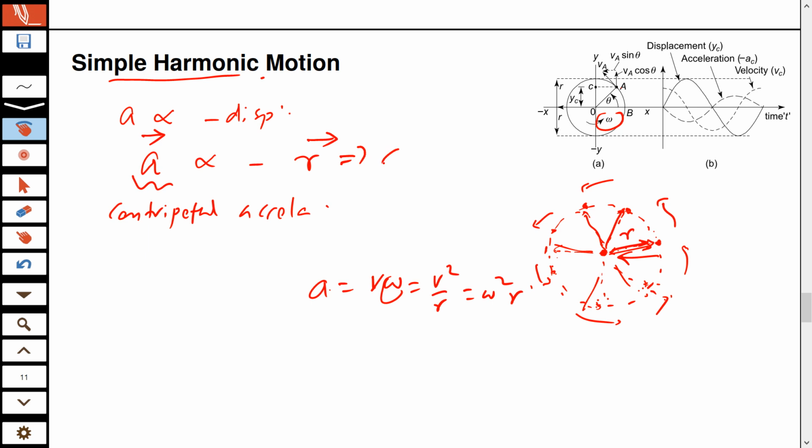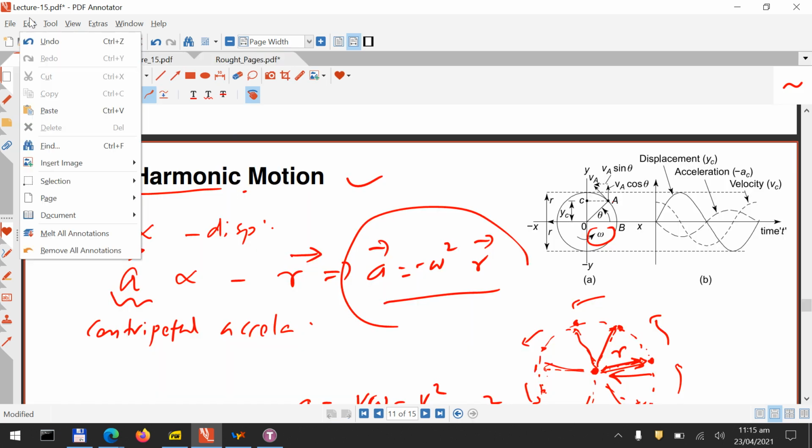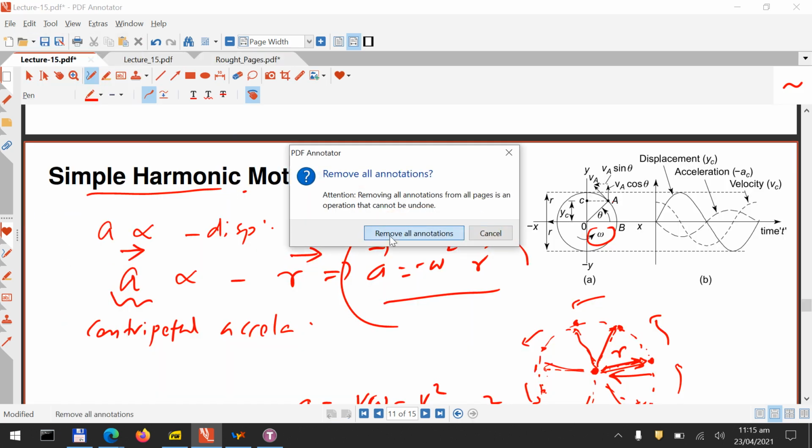So you can think of this as omega squared minus r. So you already get that minus sign emphasizes that it's towards the center and it's proportional to that length. But that is not how we usually want to see simple harmonic motion. We would also like to